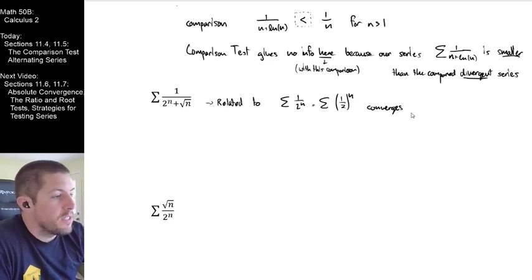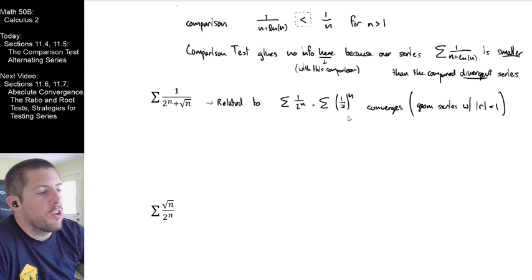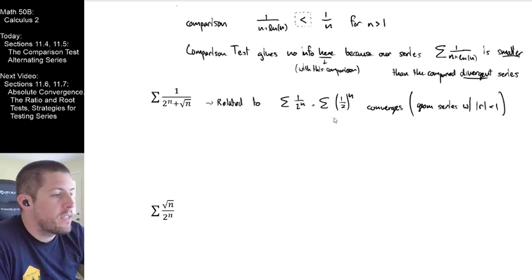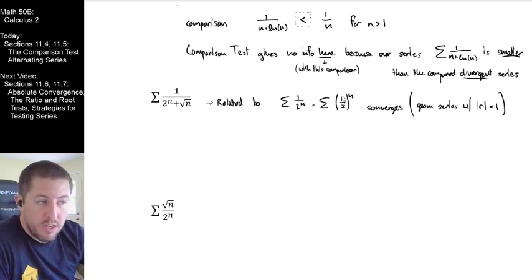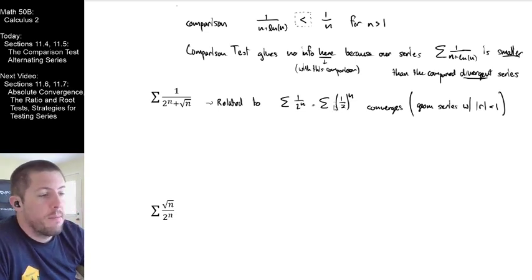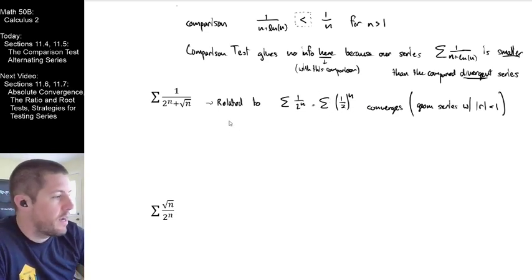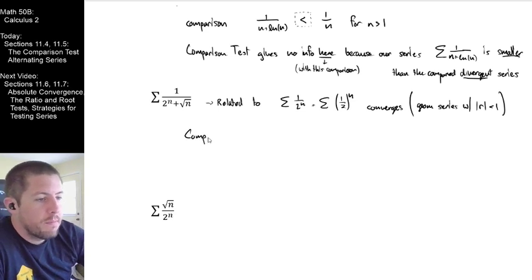I know this converges because it is a geometric series with the r term in absolute value being less than 1, right? That's our growth factor. This says every consecutive term is only half as big as the previous term. We saw that for all series that can be constructed of this form, if the base is less than 1, then we're going to converge. We've already shown that to be true in section 11.2 or something like that. So it seems like I can make a comparison because I know about the convergence of this geometric series. So our comparison then should be,